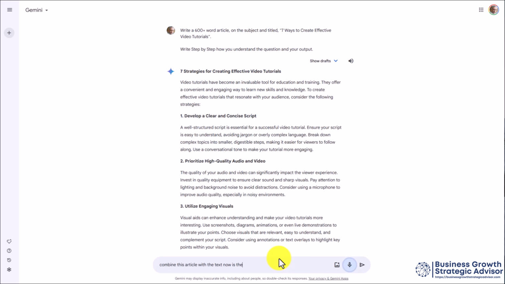Now is the time for all good men to come to the aid of their country, and mix the two